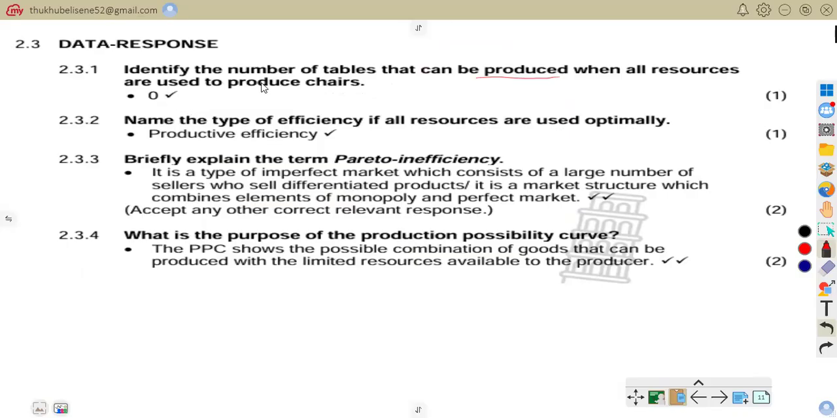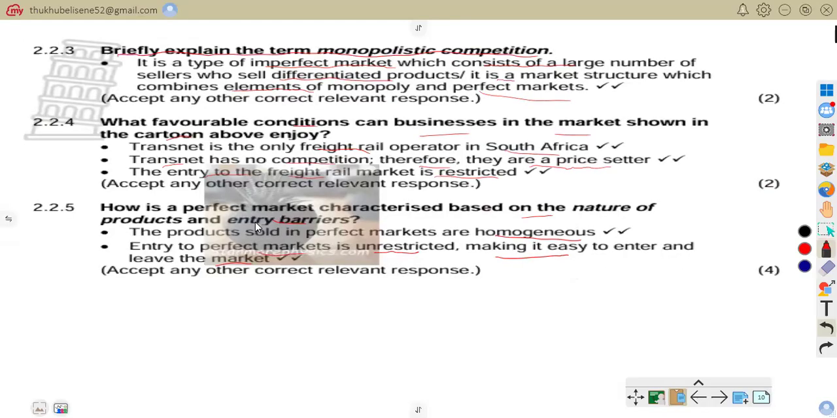Used to produce what? Chairs. So the correct answer is 0. A factory using machines effectively, no waste in production. So the correct answer there is 0. Now let us move on to